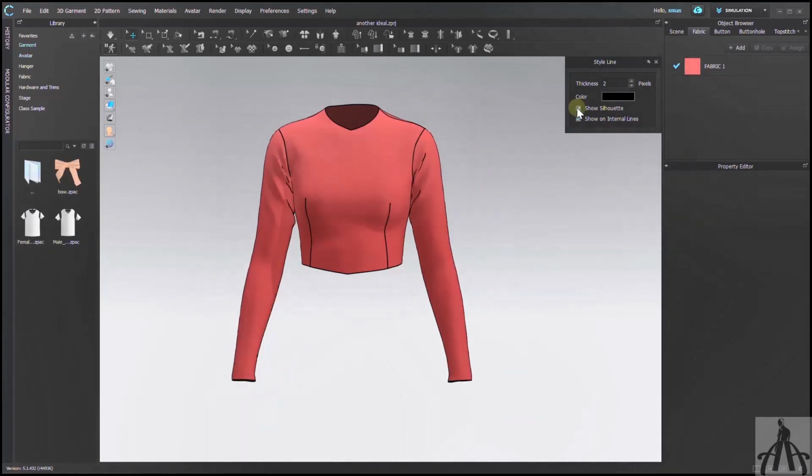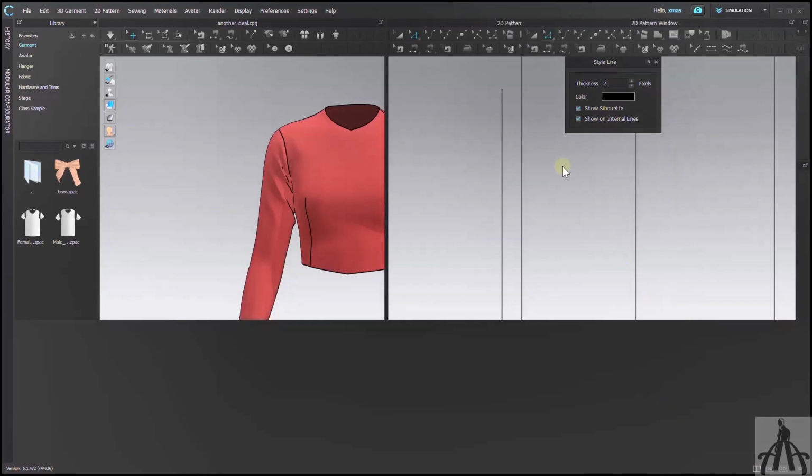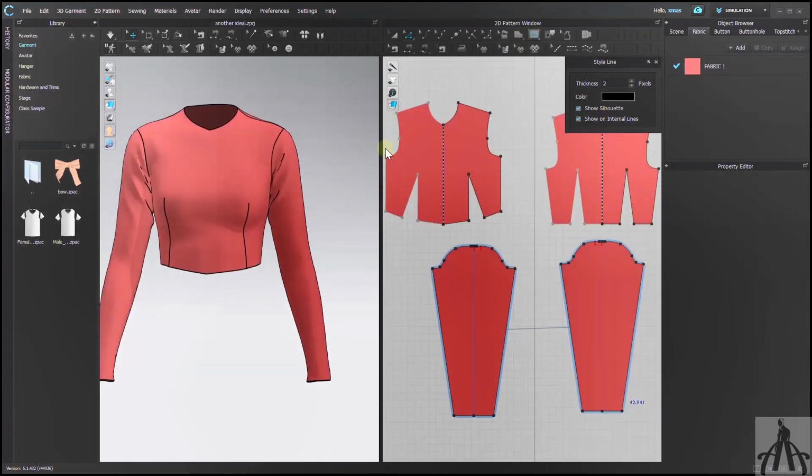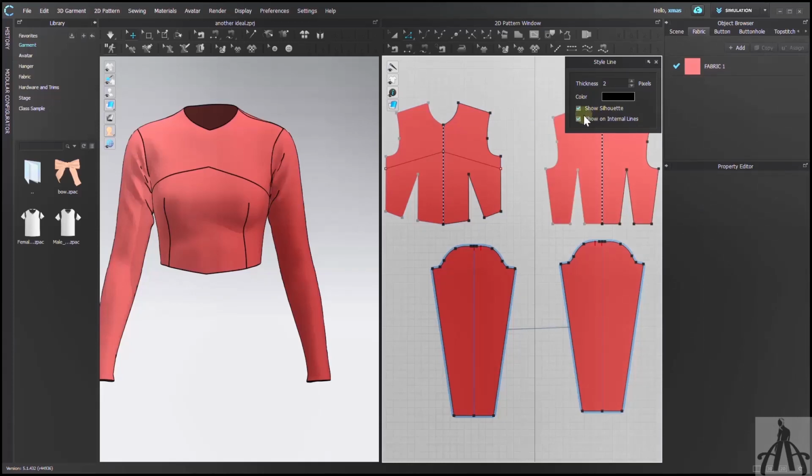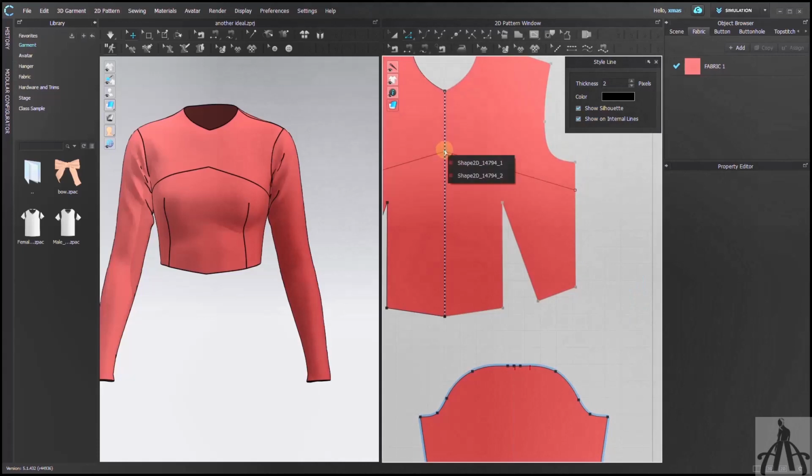Finally, let's add some internal lines to our garment. The internal lines are the lines that show the details of your garment, such as seams, darts, buttons, etc. To add an internal line, go back to your 2D window and select a pattern that you want to draw an internal line on. As soon as you do this, you will see a line appear on your garment in both the 2D and 3D window. You can adjust its